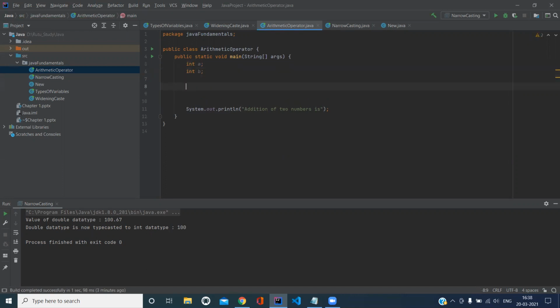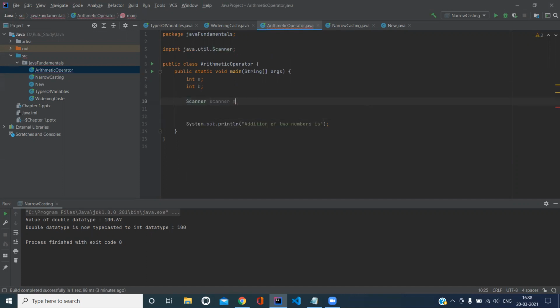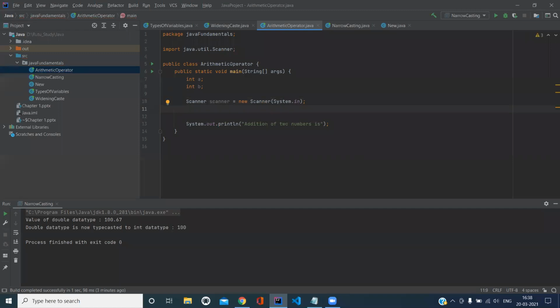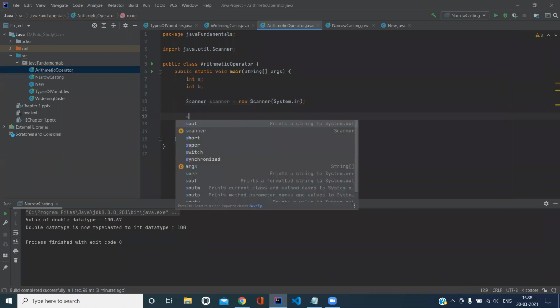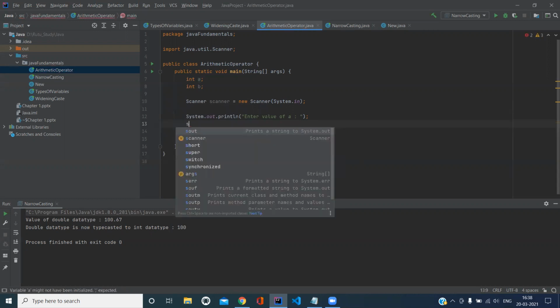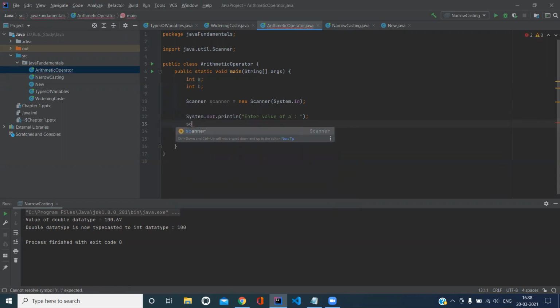I'll create one object, Scanner scanner is equals to new Scanner(System.in), and now I will add one print statement, value of a. And this a I'll do as a dot scanner dot